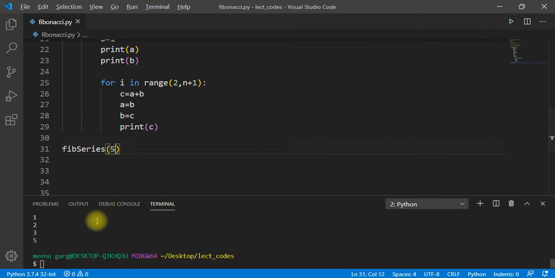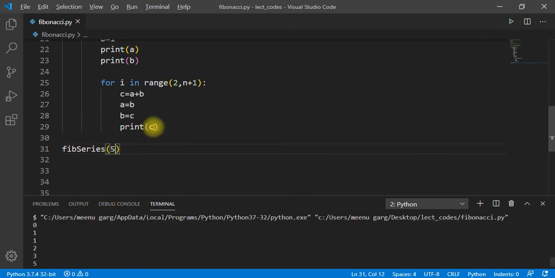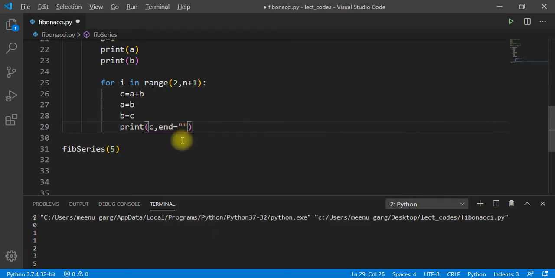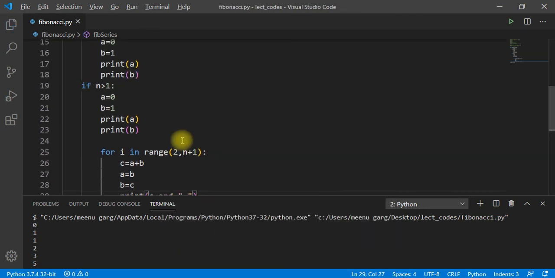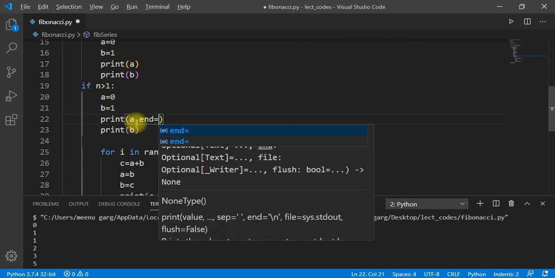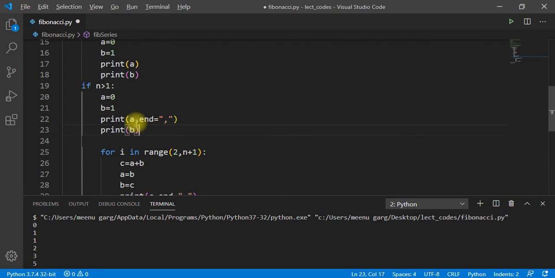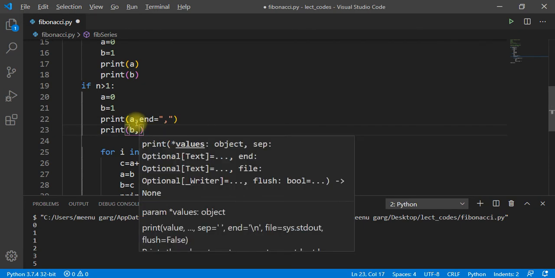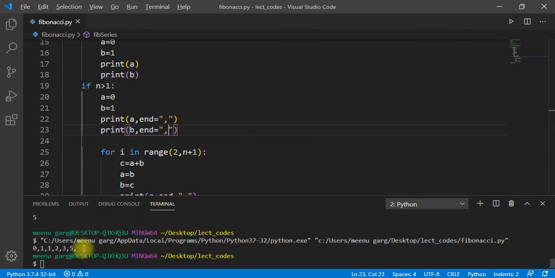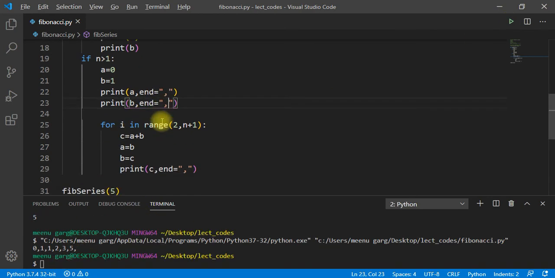now you must be wondering, here it's coming on the next line and I want it in the same line. You can do it, because in Python print by default goes to the next line. If I want to print a comma at the end, or if you want a space, just provide it. Whatever you want, how you want to end your print statement, just give it in the keyword end. This parameter over here, like this. I hope it made sense to you.